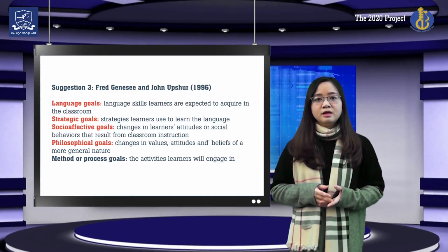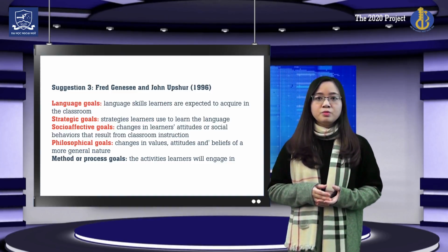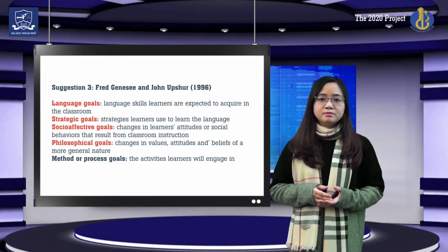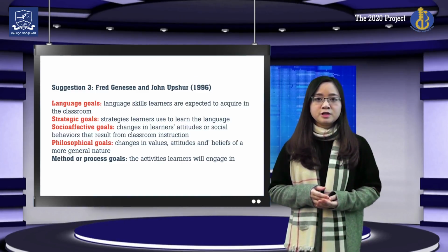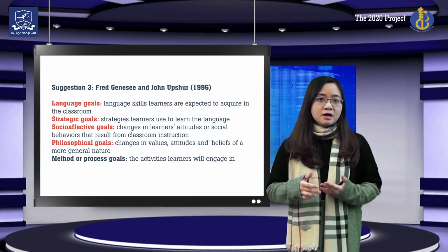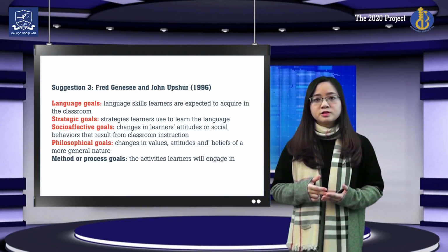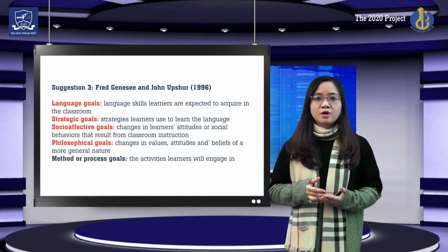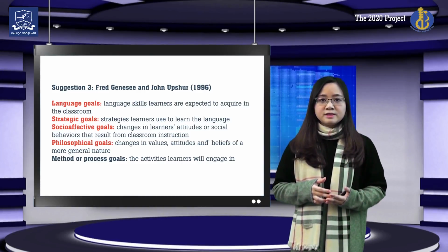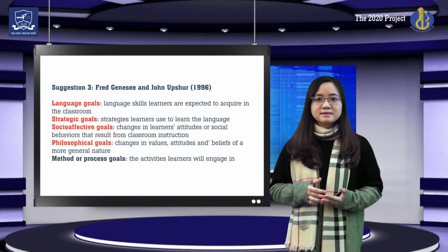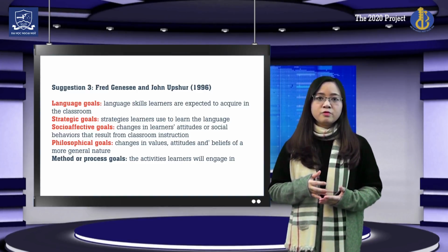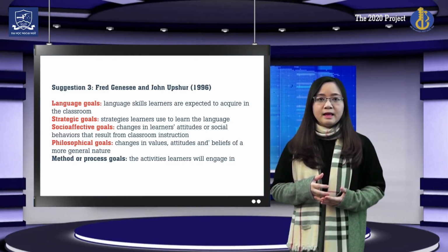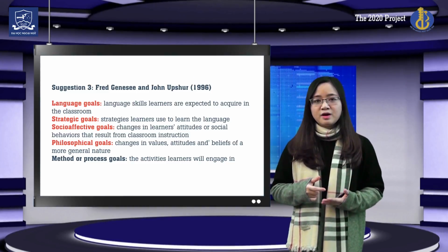So in the book, the focus on language goals is going to be the main focus of the two authors, because they are concerned with what can be evaluated by teachers. They suggest that each goal or objective should focus only on one skill or area, reading or writing, not both, because objectives applicable to one may not be applicable to the other, and students may attain one but not the other.